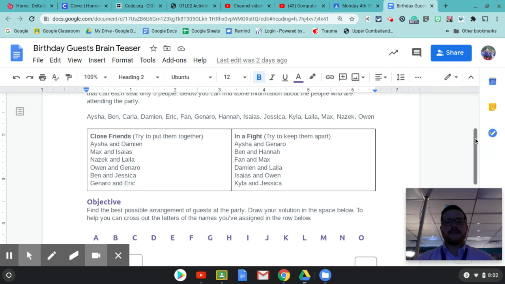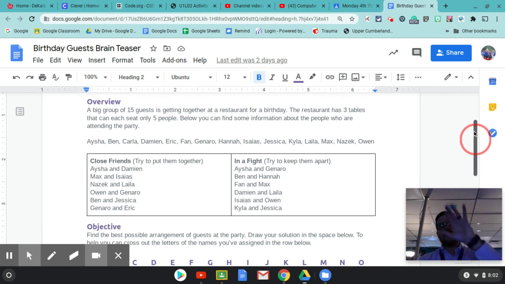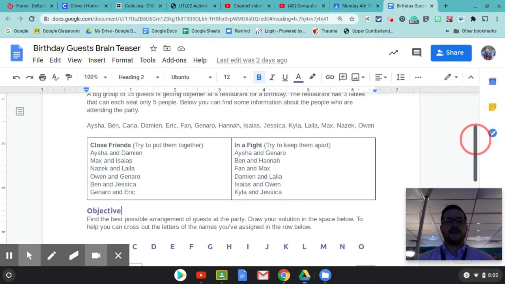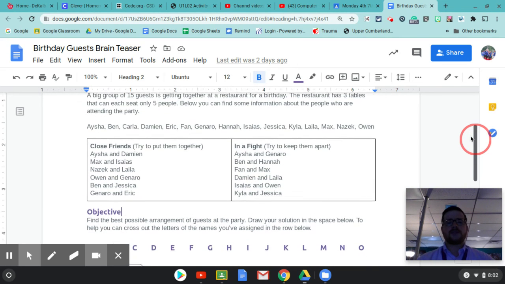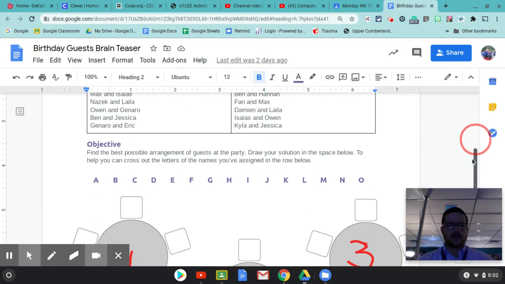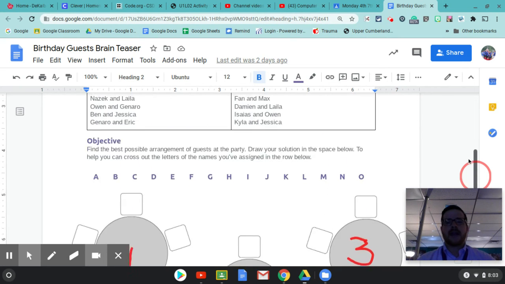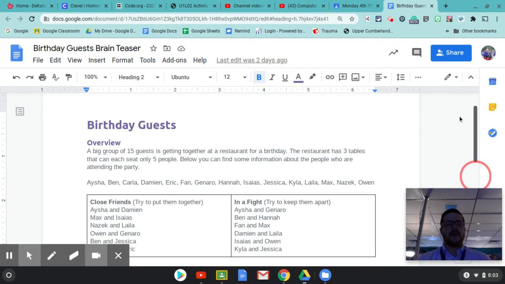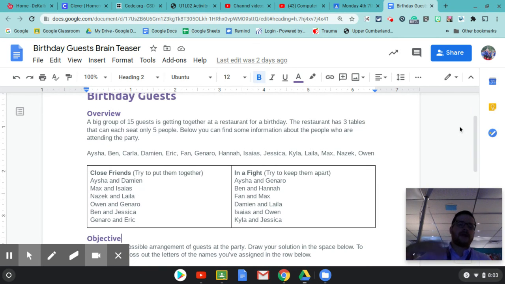Okay, so that's the brain teaser. So you're going to use that problem-solving process. Define: 15 guests trying to find a seat so that everybody gets along. Try it. Prepare the solution. Get a scrap piece of paper. Brainstorm. Try it. Reflect and see. Go through and make sure all that works. And that's today's activity of the week, okay? Again, you don't have to turn this in. This is just to try to practice getting that problem-solving process, and because that's what computer science is all about,